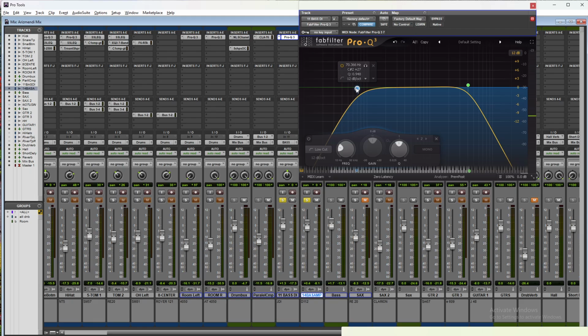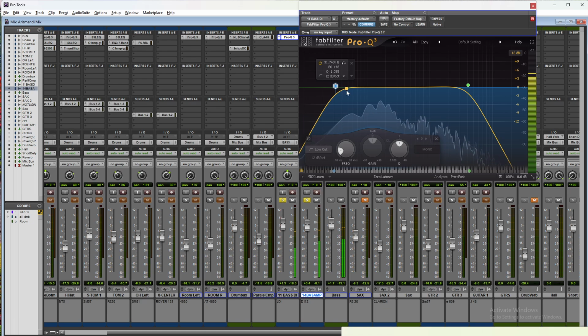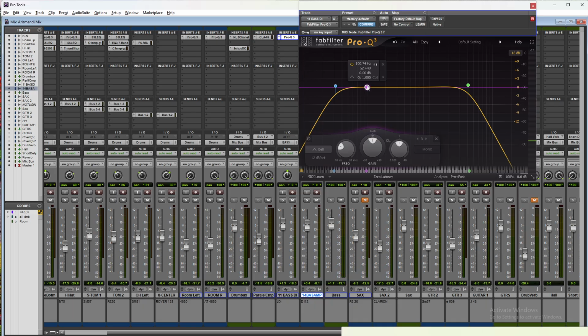I actually like it a little beefy like that. You know what I may do instead? Because I would like it to be a little bit more tamed. Let's hear it in context. It is kind of causing